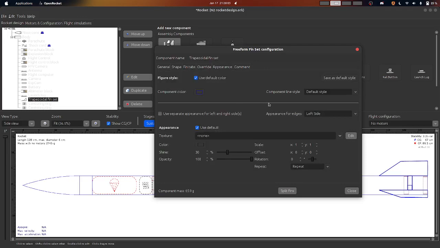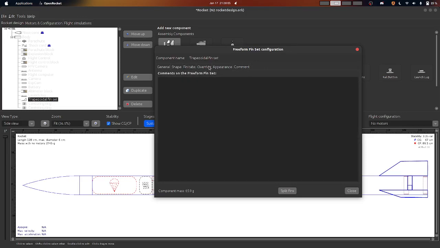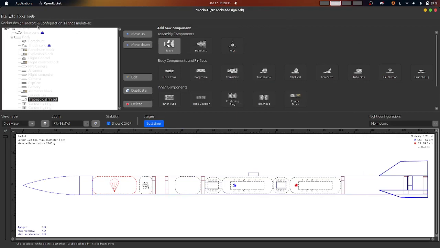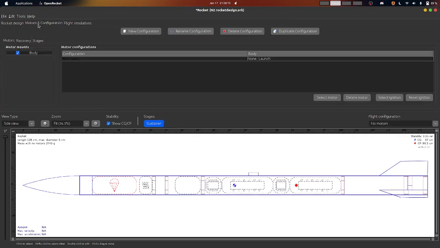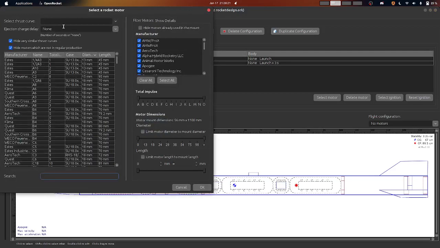Then we have the appearance and some comments for why you did some things like that. Then the next thing is motor configuration. You'll be able to learn this, but I have not loaded the Nakuja motors here, so let me just limit it to